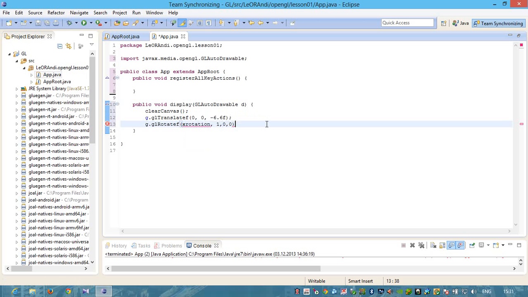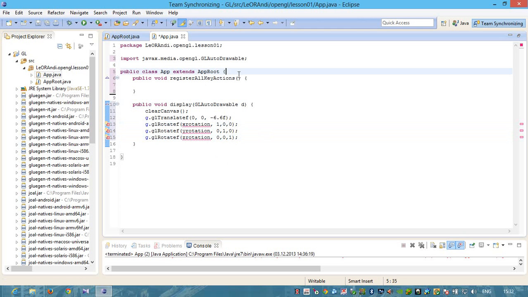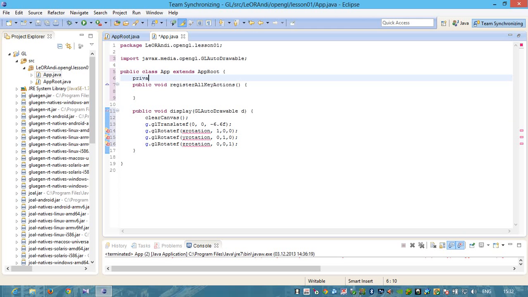After that, we will rotate it y, 0, 1, 0, and after that we will rotate it along z-axis, z rotation, 0, 0, 1. You see this is a matrix. Okay, so let's create these variables. Private float xRotation, yRotation, zRotation. So okay, and